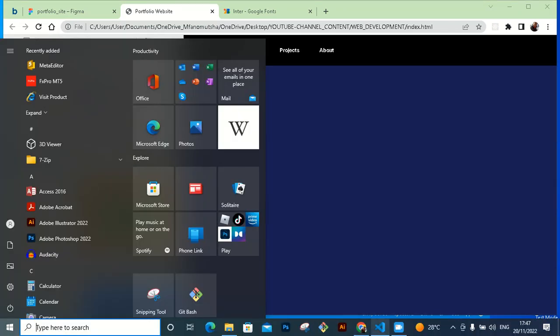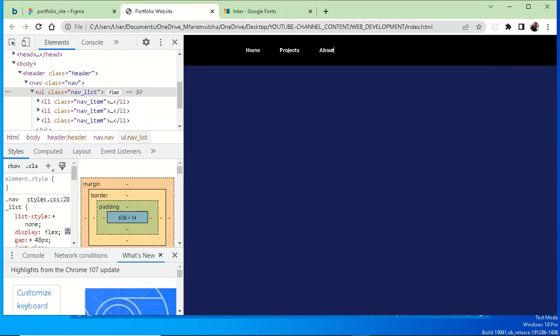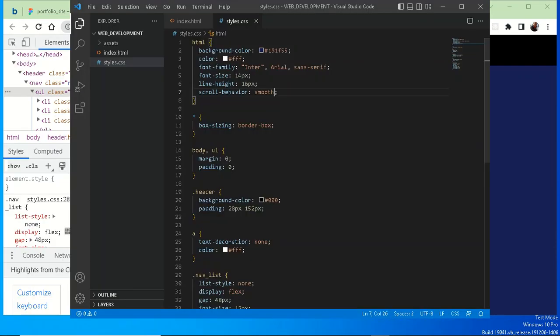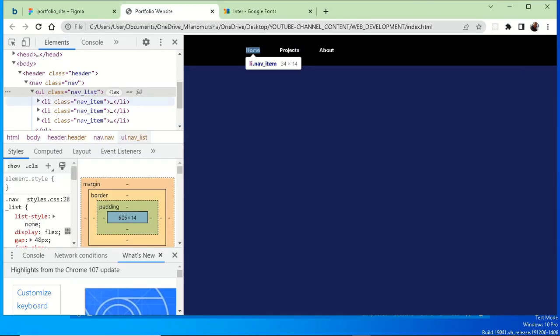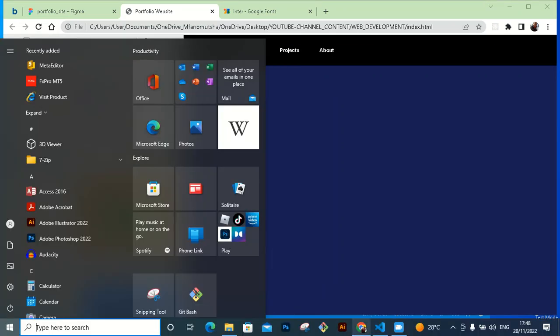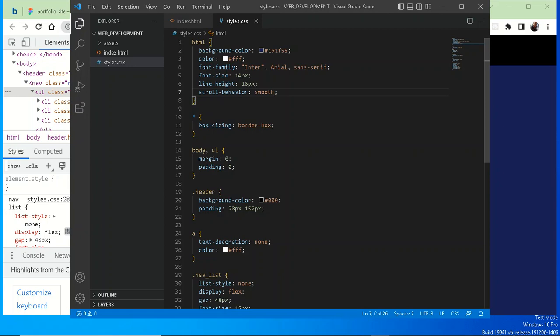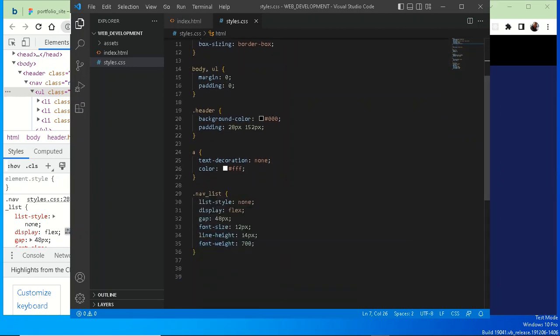Now let's look at the other thing that we need to do to our header. We need to move these link items to the right. Let me quickly see where our UL is. It extends up to the right, so I'm going to apply it to a nav item and display it to the right. Let me quickly style the nav item, which comes after the nav list. So I'm going to have nav item here and say